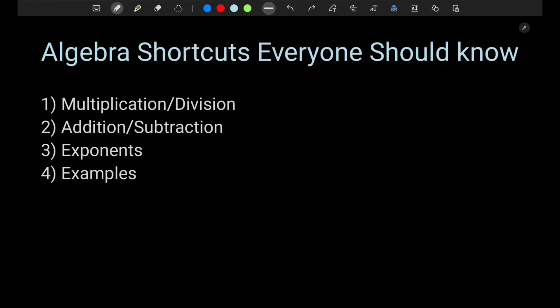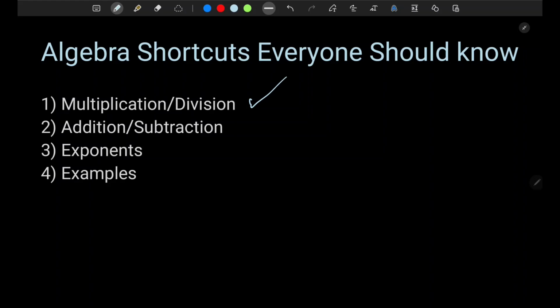These shortcuts will greatly increase your speed whenever you're algebraically manipulating equations or solving for unknowns. And they'll come in handy in any class that you're taking in science or mathematics, anywhere. And these will be very simple shortcuts that anyone could learn. And so we're going to start off with some multiplication and division, which personally I think is kind of the